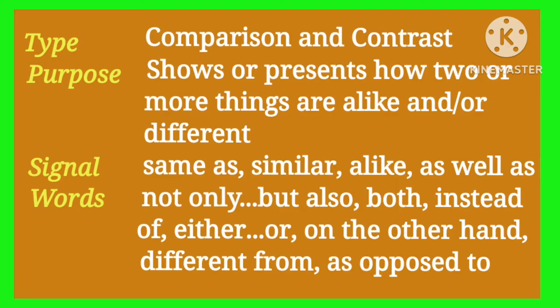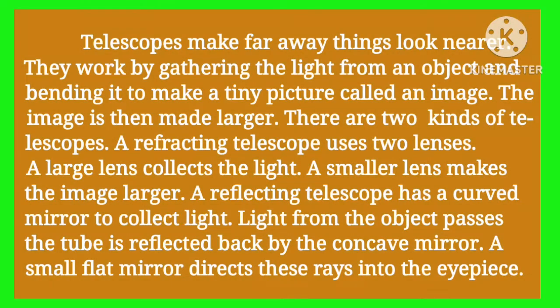Type of informational or factual text. Comparison and contrast. Purpose: shows or presents how two or more things are alike and/or different. Signal words used: same as, similar, alike, as well as, not only but also, both, instead of, either or, on the other hand, different from, as opposed to. Example: